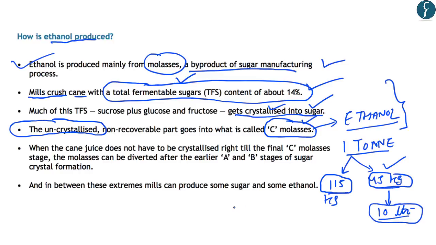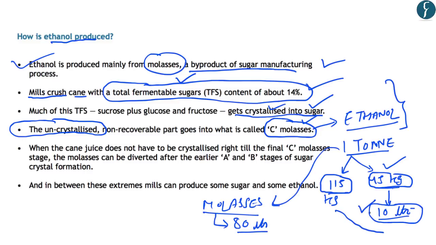However, there can be another scenario where the whole of the sugarcane is converted into molasses and no sugar is produced, and it is completely converted into ethanol. So in that case, it will produce around 80 liters of ethanol approximately. And all the stages between these two extremes, where the least amount of ethanol is produced in one stage